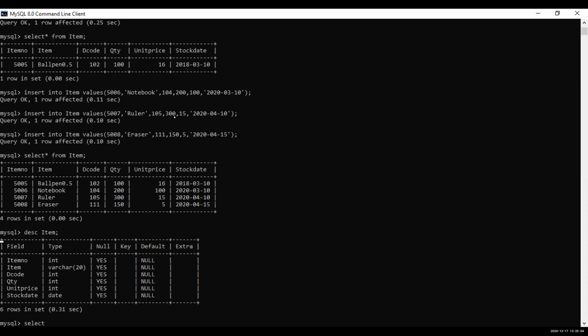Select star from item, where unit price equal to 100. Where unit price equal to 100. Okay, we got the answer in that way.